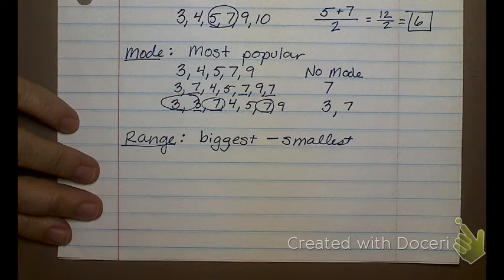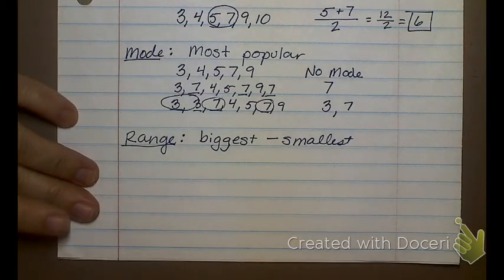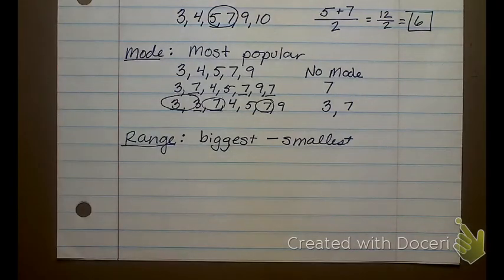Why is that important to know? It tells you a little bit about how spread out your data is. If I have a range of 2, that means all of my answers are within 2 numbers of each other. Like from the lowest to the highest, it's 2 numbers. If my range is 100, there's a lot more spread out data, right? Because it could be 1, 2, 3, 4, 5, 6, 7, 8. There's a lot more options for the data.